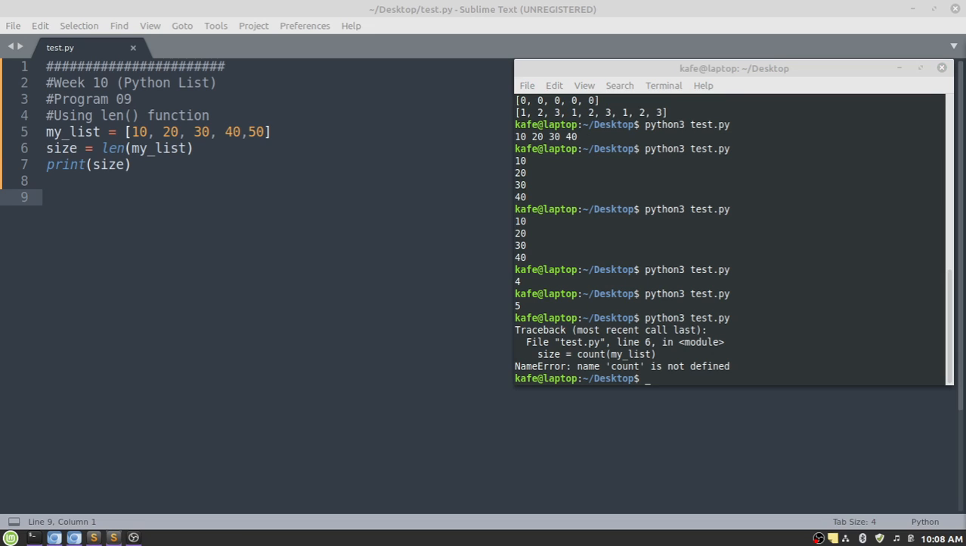Next program for this week is about changing or modifying an element of the list. Students, we are performing different operations on the list, right? First, we saw that you can apply the len function to find the total number of elements of a list. Now we want to explore that you can actually modify any element of the list with the help of this